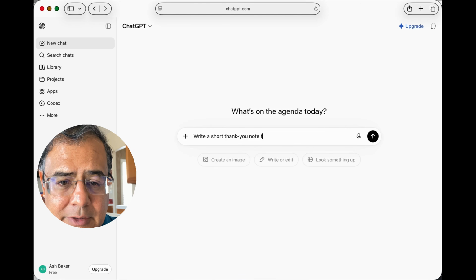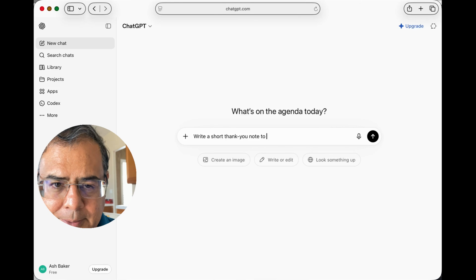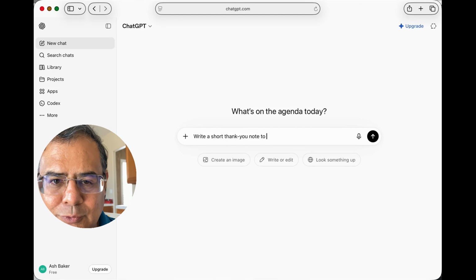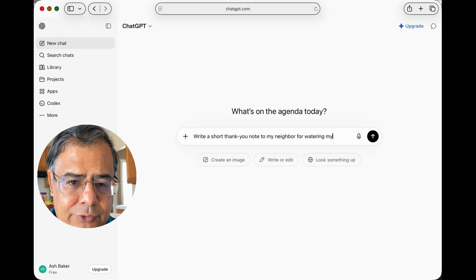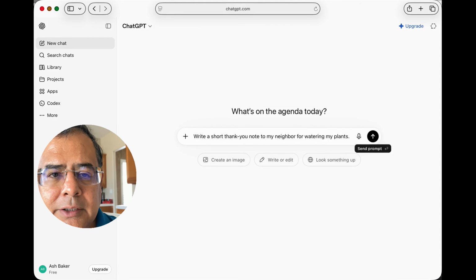So here we go. Write a short thank you note to my neighbor. All right, that's what I want. Yes, for watering my plants. I was away for a while and I asked my neighbor to water my plants, and she was nice enough to do it. Once you're ready, you click enter, the return button, the button over there at the end, and